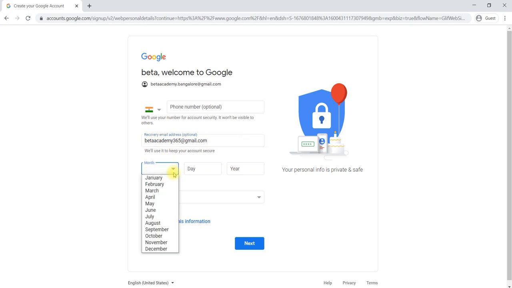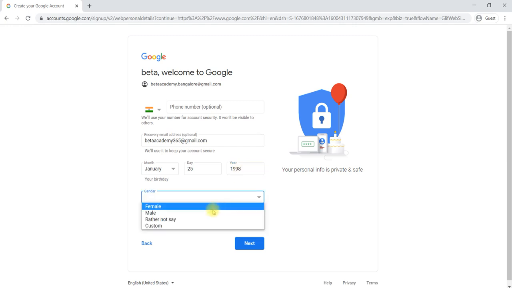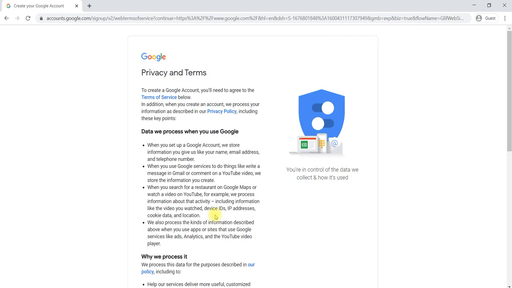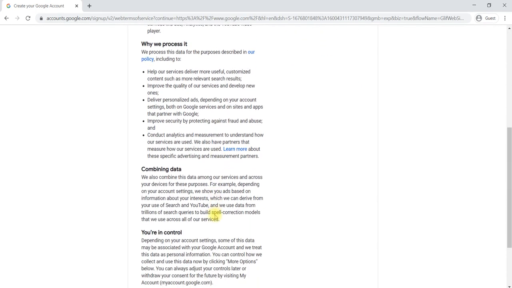Then date of birth, you can give your own date of birth. Then select a gender and say next. Once you say next, the account will be created.